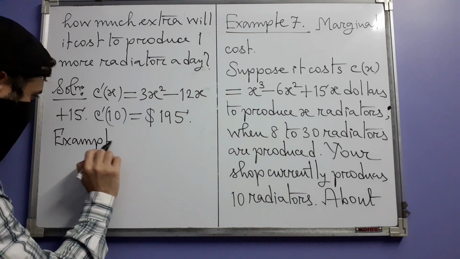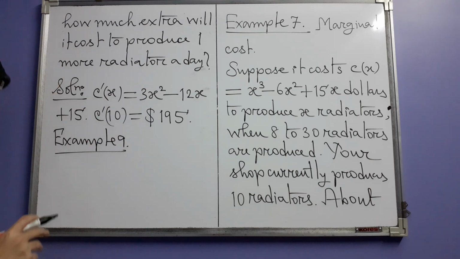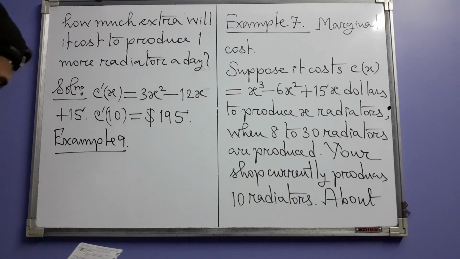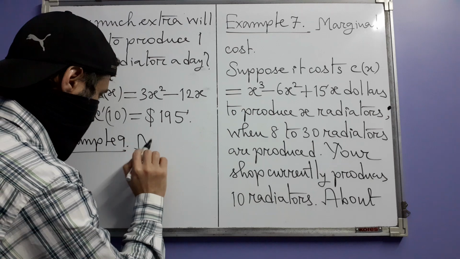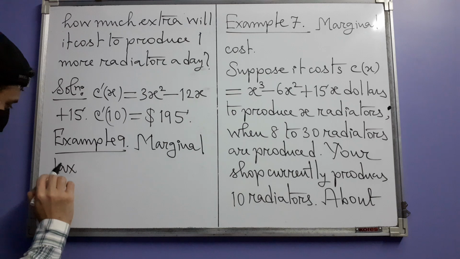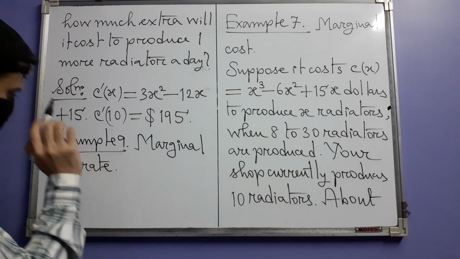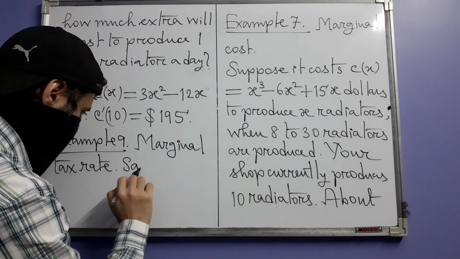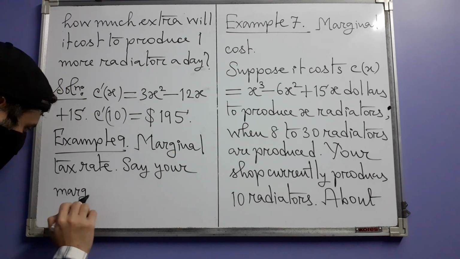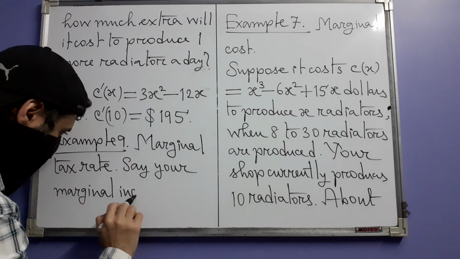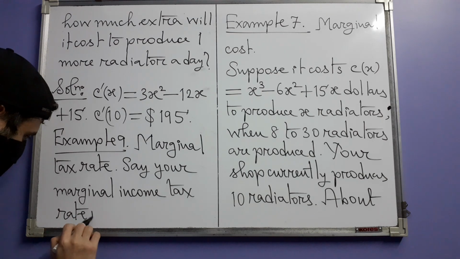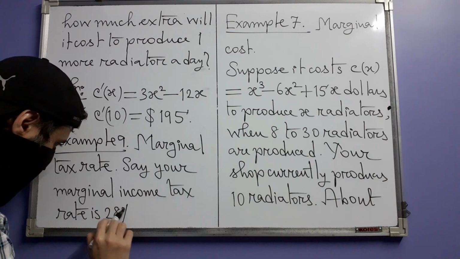The next example is at first a little confusing. Let me write the actual language. Okay, I also got confused. This is marginal tax rate. Say your marginal income tax rate is 28%